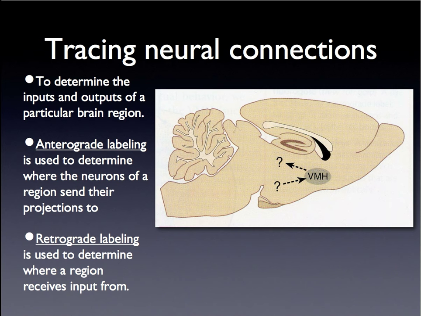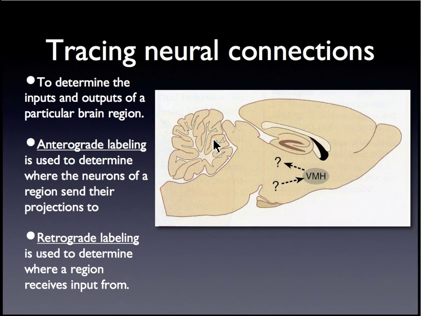So there are two ways to find out what parts of the brain are connected to other parts. And you can do that with anterograde labeling or retrograde labeling, which means basically you dump a chemical in one part of the brain, and you see what that part connects to. And you can do this in a forward-moving fashion or a backward-moving fashion. So let's say you have this area here, VMH. What is it connected to? You can use retrograde labeling to find out what connects to it, or anterograde labeling to find out what it